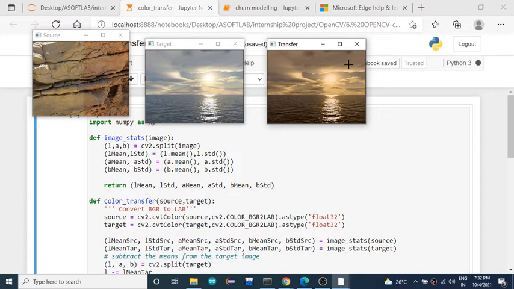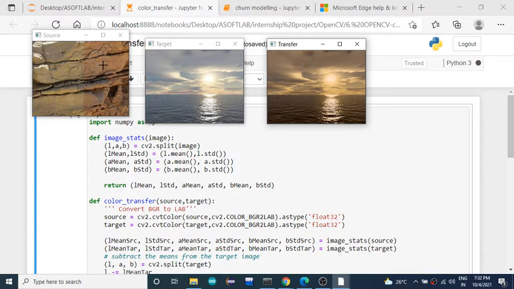I just take the standard deviation and mean from this source image and transfer them, the standard deviation and the mean of the colors of this image, to this one. I just exchange it, changing this image's standard deviation and color mean by this image's standard deviation and average mean.